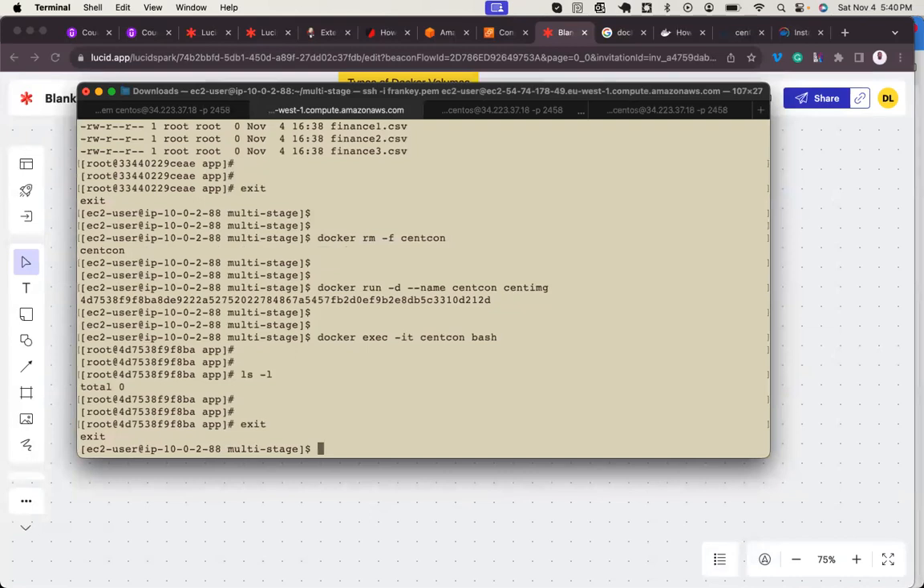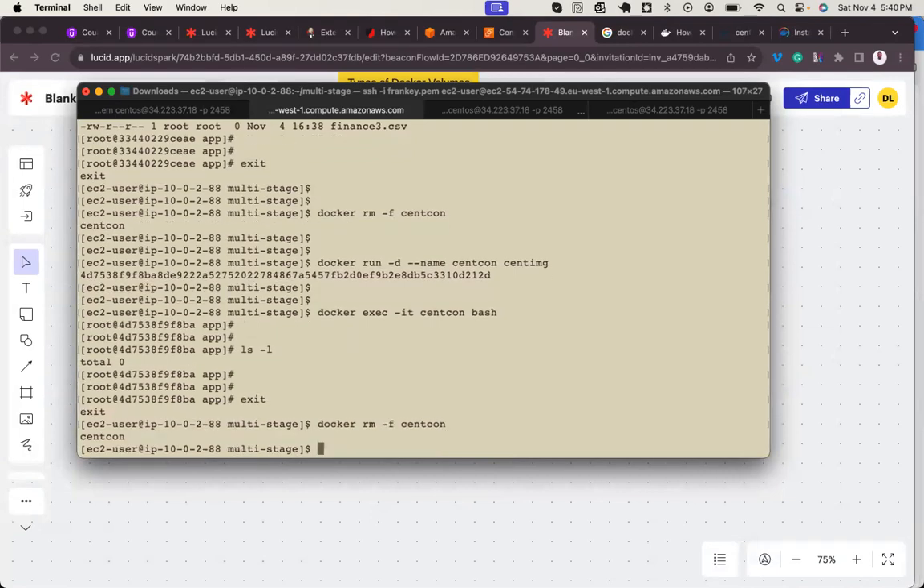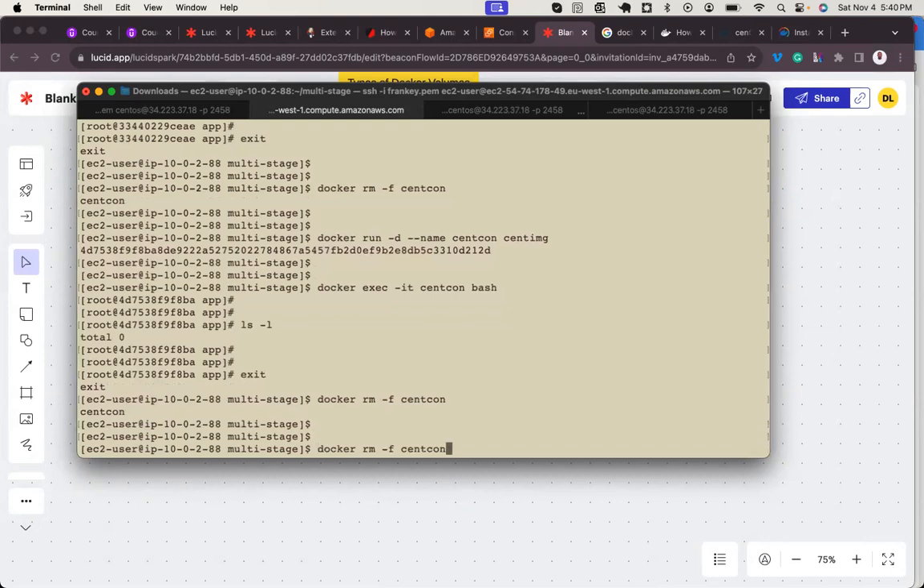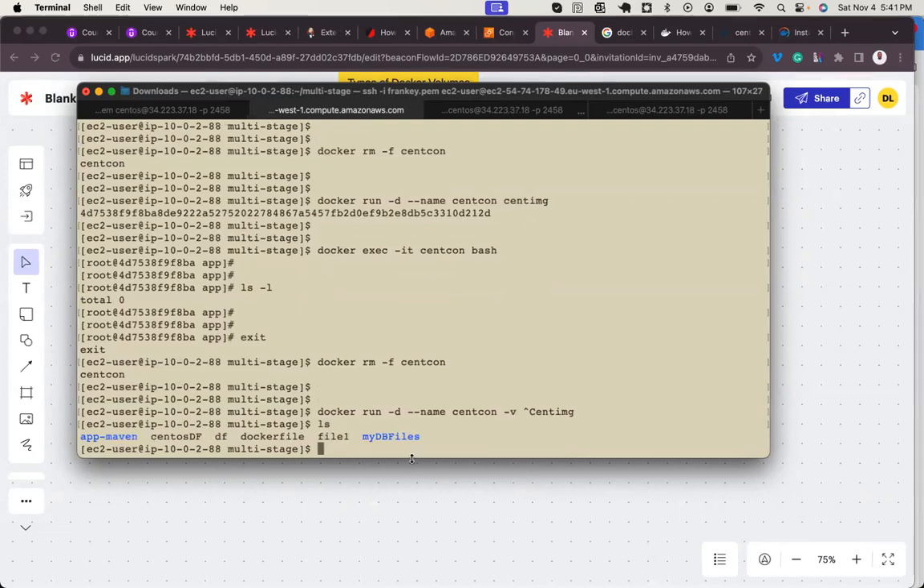Now, I'm going to exit. All right. I'm going to kill this container. I'm going to delete it. I'm going to recreate this container, but now with a different option, I'll say -v, because I want to persist my data. Now, in my host machine here, I have a directory called my DB files. So I want to map my created directory towards a directory within the container. So I'll say docker run,